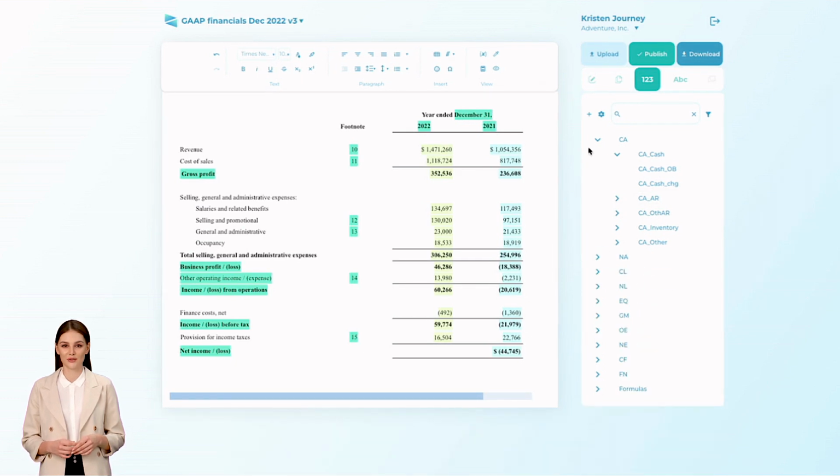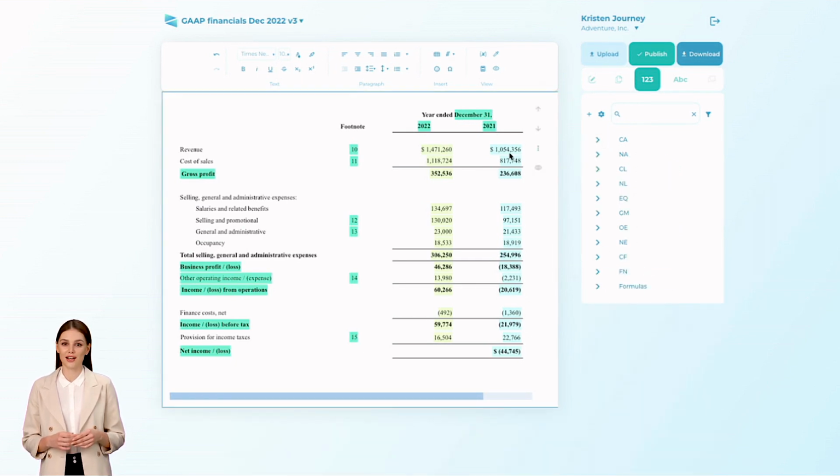For each of these accounts, you can insert dynamic fields into the document. Such fields will be automatically updated anytime you upload a new version of your Excel file. You can see all the inserted fields being highlighted across the document. Those highlights are illustrative only, so you can easily distinguish dynamic fields from regular text. The highlights won't go into a Word file, but you can always turn them off and back on.